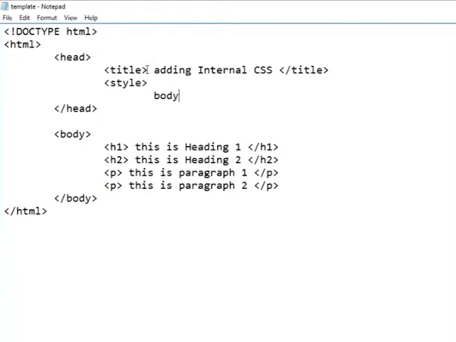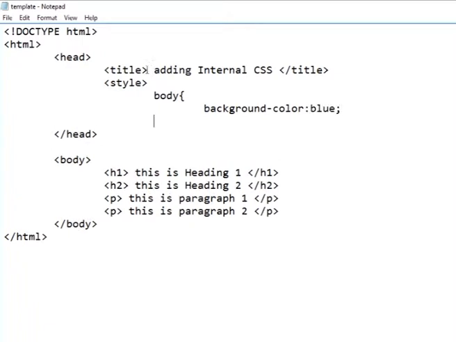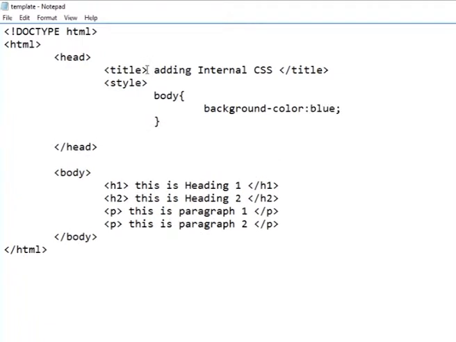To specify the background of our web page, we write background color blue inside the body. This means the body part of our web page should have blue color and the style should be applied to the whole body part of the document. The next line gives the name of the property, in our case background color, and a colon followed by the property value. Save the page